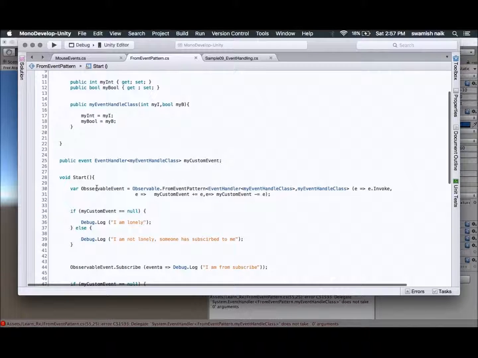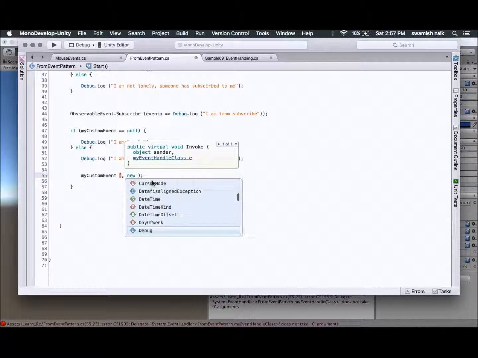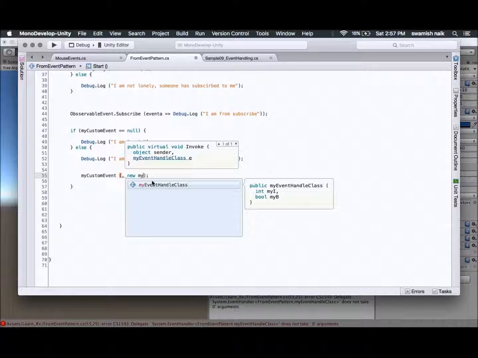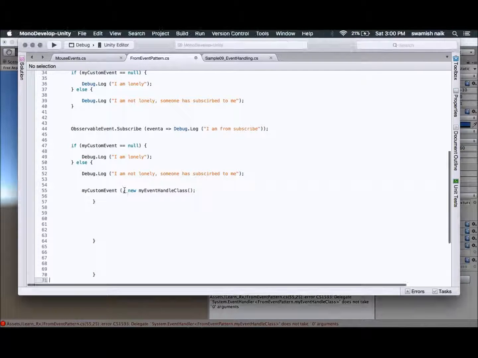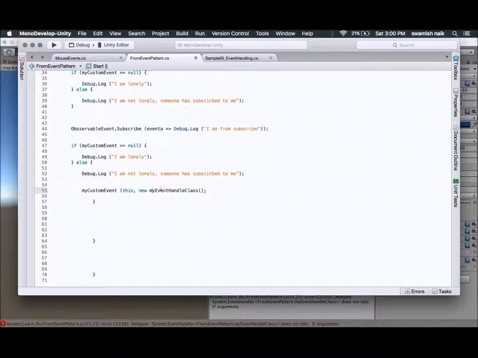The first is this, that is, this class as the sender, and the second argument we will need is our new custom class. New MyEventHandlerClass, to which we pass values, that is 100 comma true.